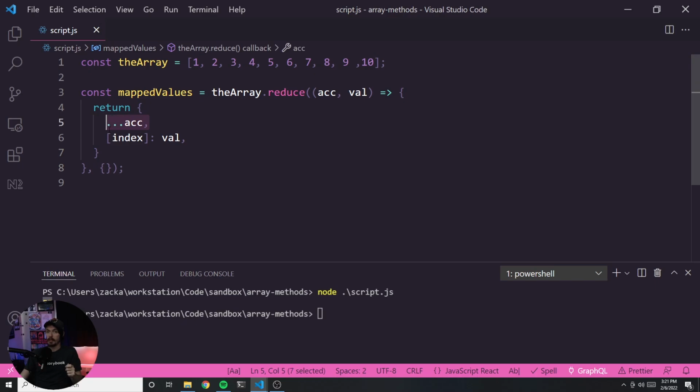So we're spreading out the accumulator. If you don't know what the spread operator is, just quickly Google that, or hopefully you already understand what that is. But we're spreading out the accumulator, which in this case is an empty object, so we're not going to really spread anything out. And we're going to add to this object index and value, so it's going to be 0, and the value will be 1. And then as we go through this, it's going to build this object out,